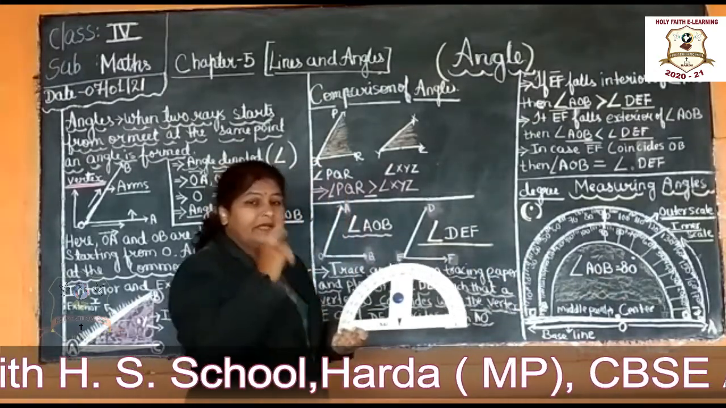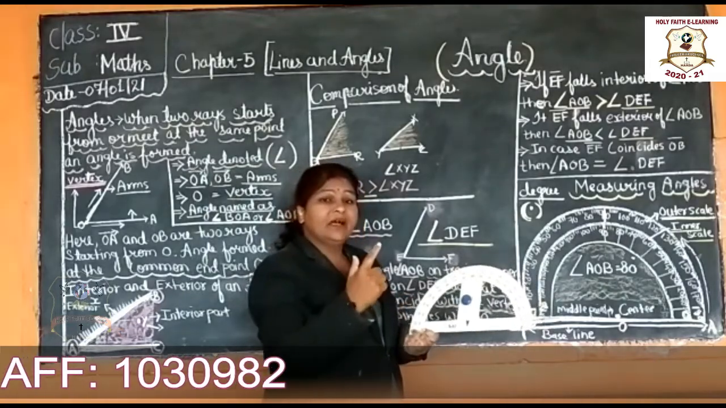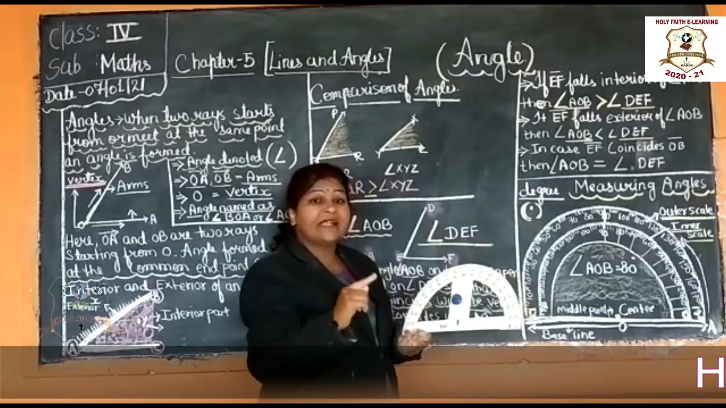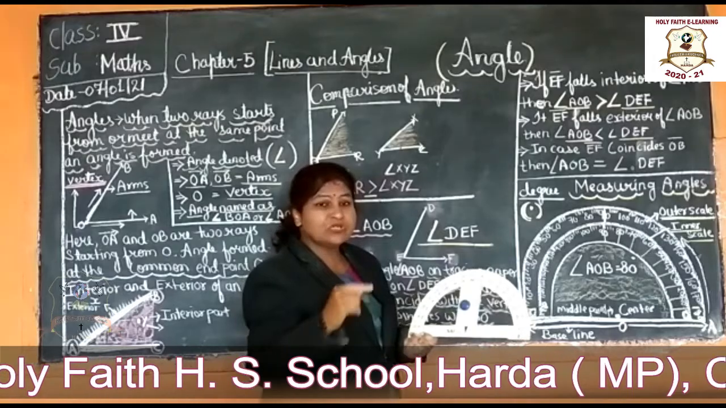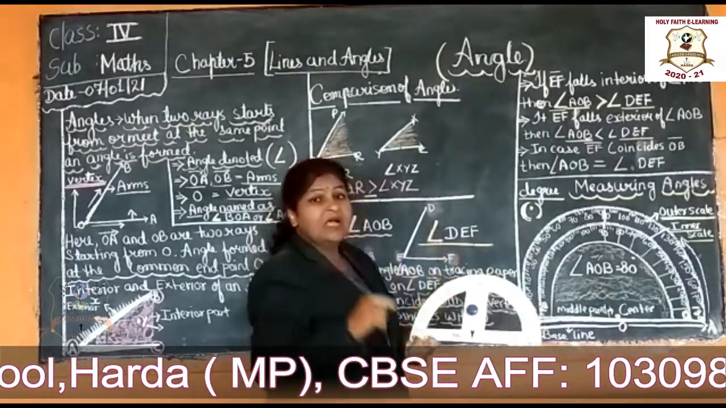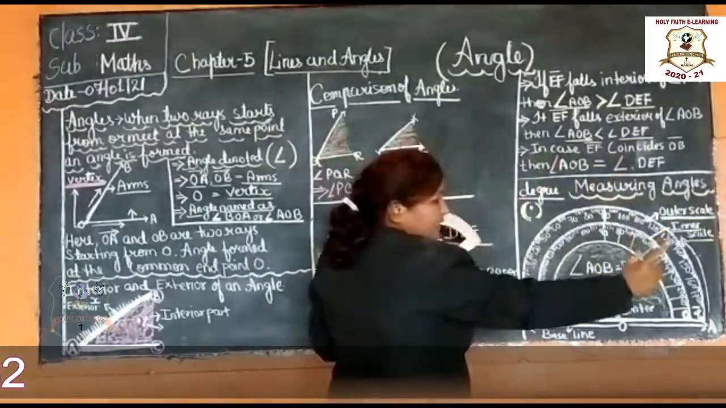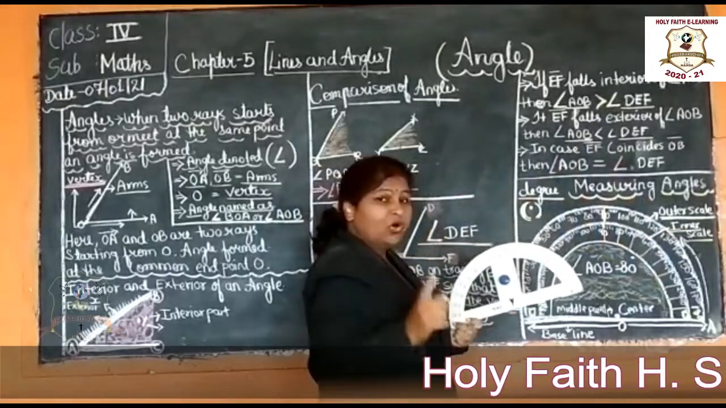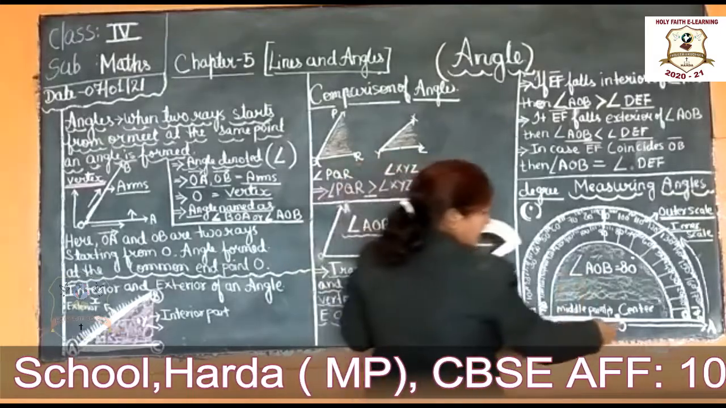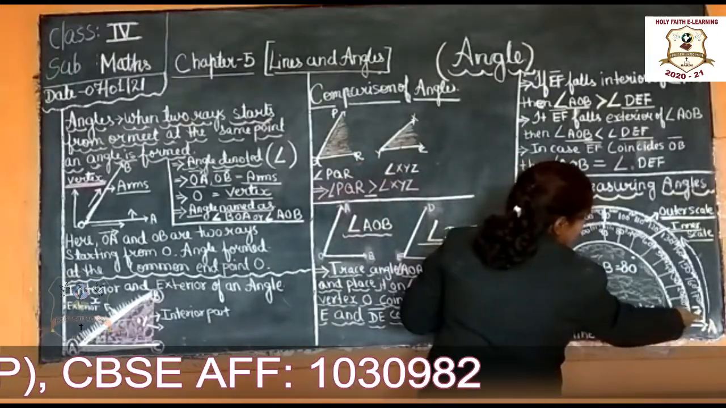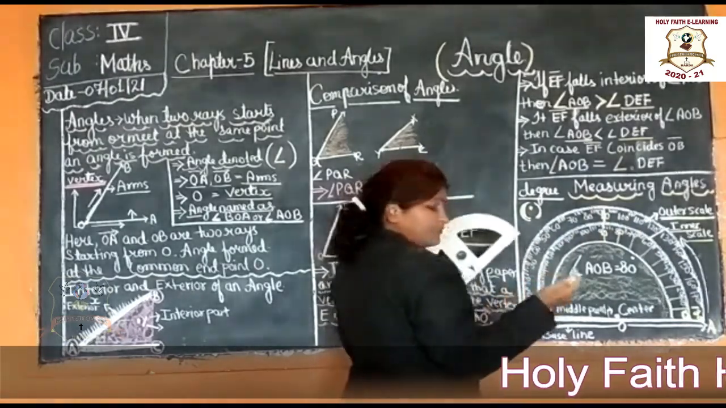One thing to understand is which side our ray is going, as that decides which scale we use, the inner scale or the outer scale. This is very important to understand. If our ray is going from left to right, we will use the outer scale. And if the ray